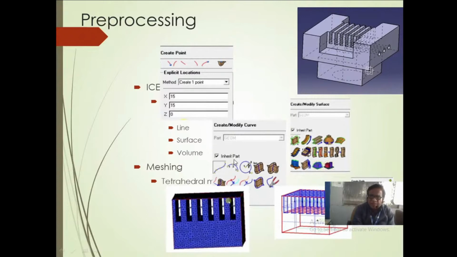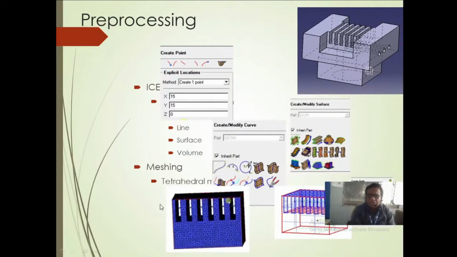I joined those points with lines, and once I get lines, I create a surface, and once I have a surface, I can create a volume. Like this you can see this figure, it is the creation of volume.